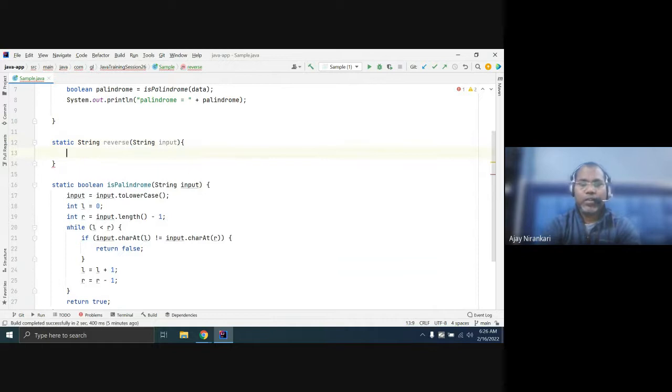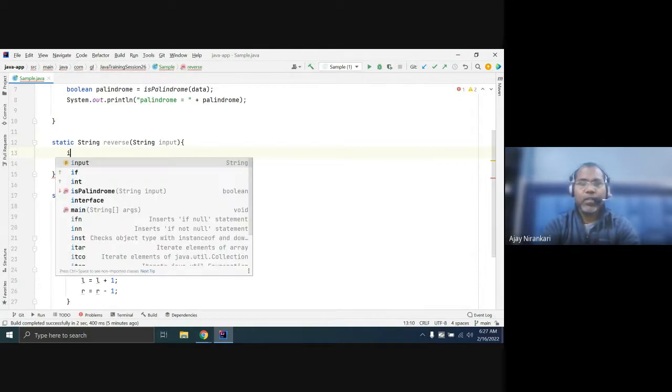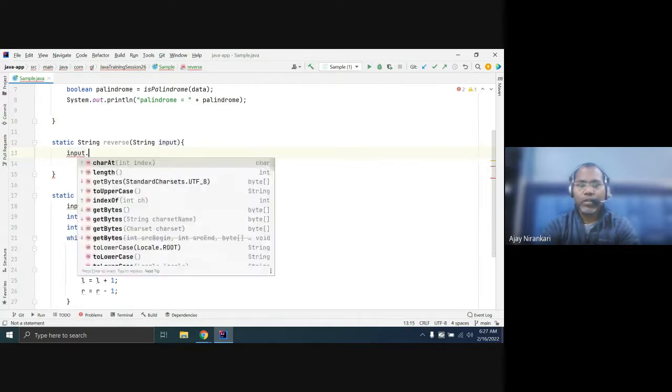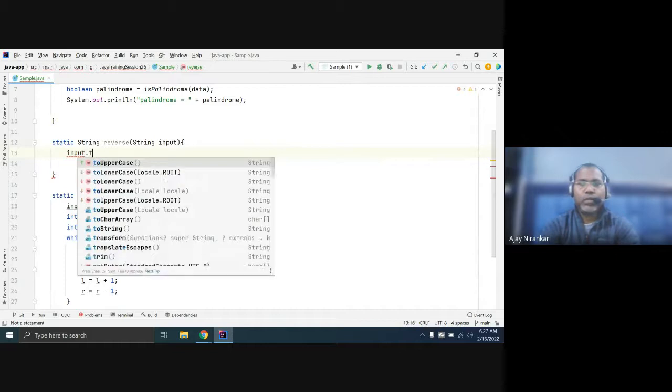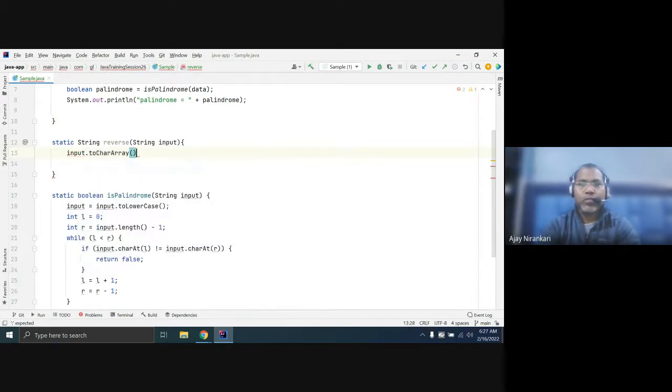Here we have to return the reverse. So what you can do is take our input dot toCharArray. So now you have all the characters.